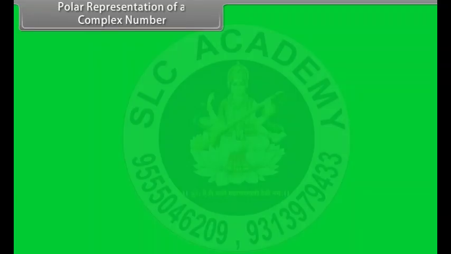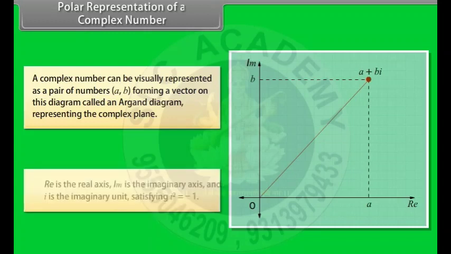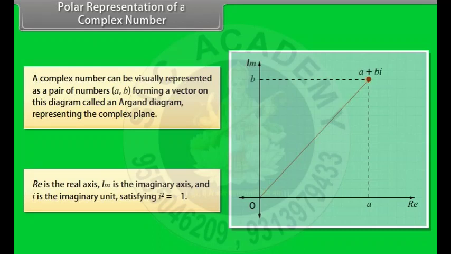Polar representation of a complex number. A complex number can be visually represented as a pair of numbers a, b, forming a vector on this diagram called the Argand diagram, representing the complex plane. RE is the real axis, IM is the imaginary axis, and iota is the imaginary unit, satisfying iota square is